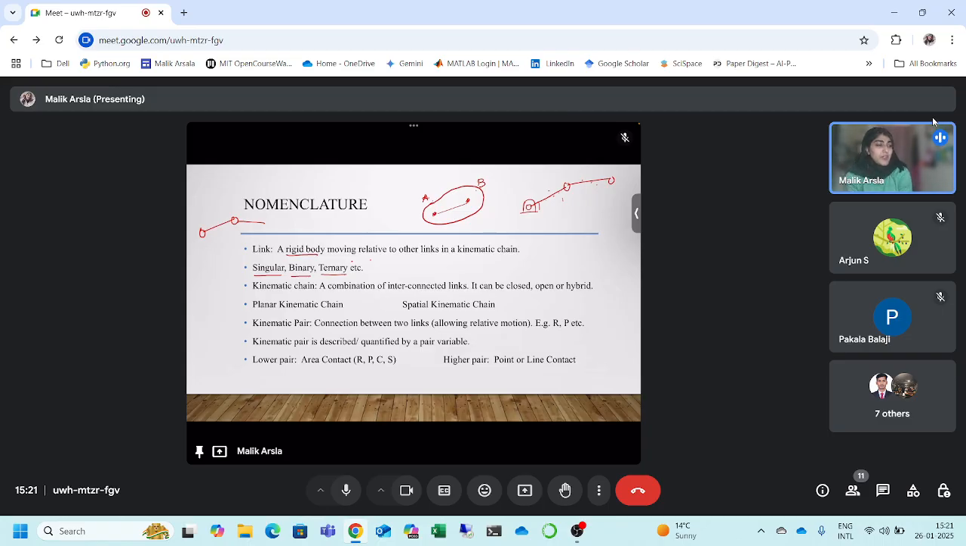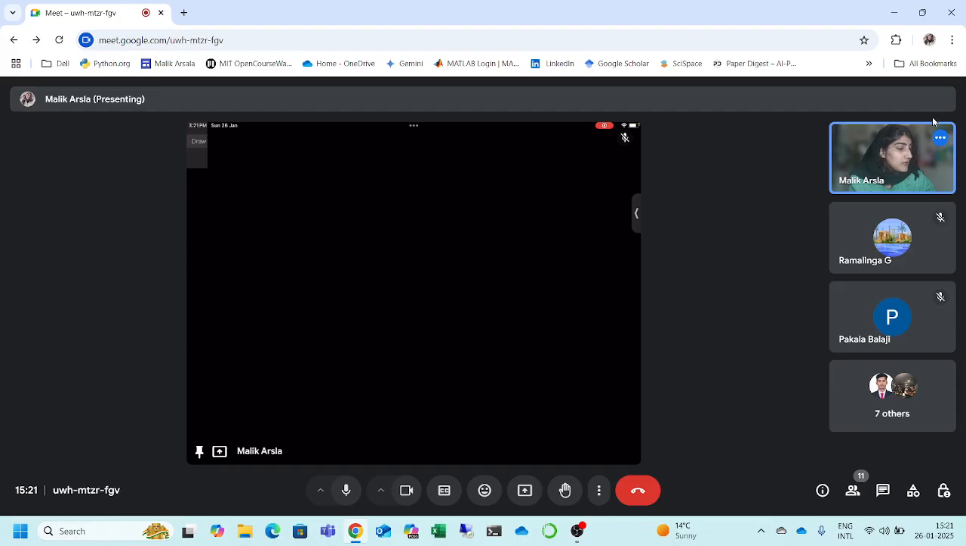Can someone tell me what a closed kinematic chain is, what an open kinematic chain is, and what a hybrid kinematic chain is? Anyone? It does not consist of a singular link. No singular link. Okay, which one is that? Closed, right? So basically, a closed kinematic chain means it does not contain a singular link. That means all links are connected to two or more links. For example,